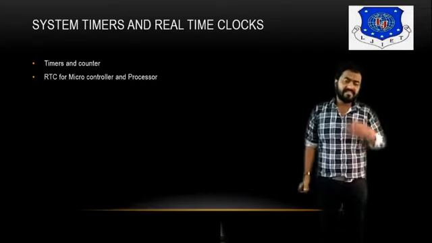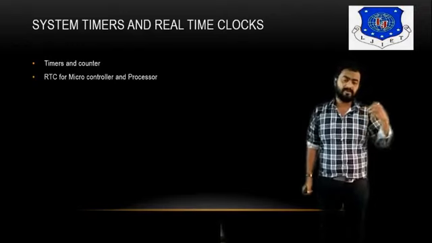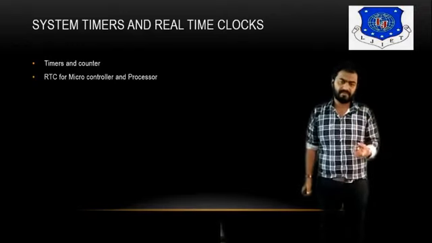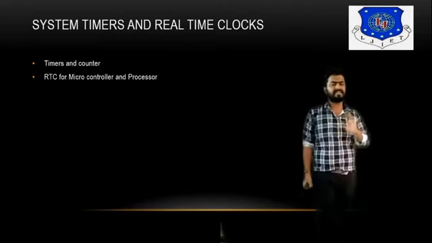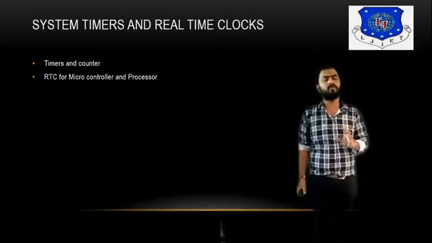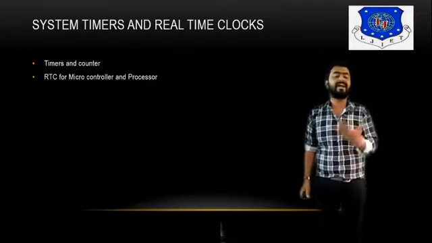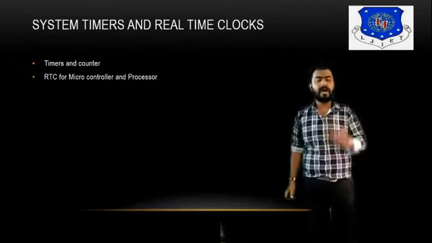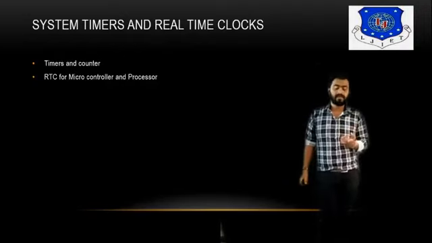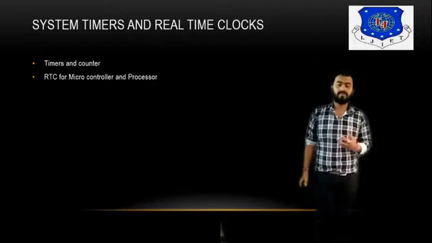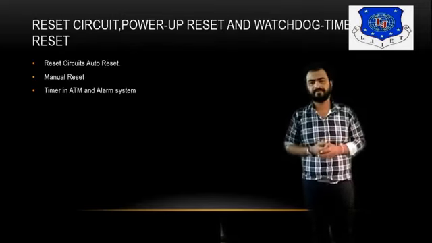to provide the timing of particular devices, or provide the time of the particular activities which are going on. I'll give you the best example of your smartphone. The RTC is also there. If you switch off your phone and turn it on after 1 or 2 hours, the time will automatically be updated because the RTC is there. It counts the pulses on the back end with the help of the CMOS cell, right? So it plays a main role, like the RTC. Okay, so it's a real-time clock.